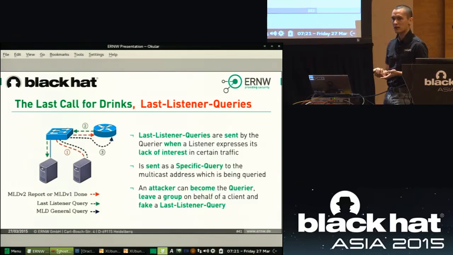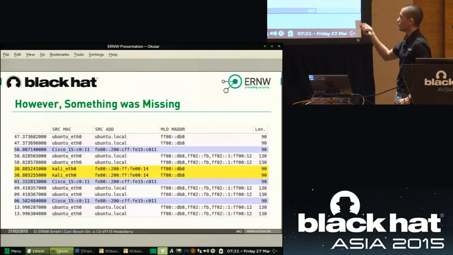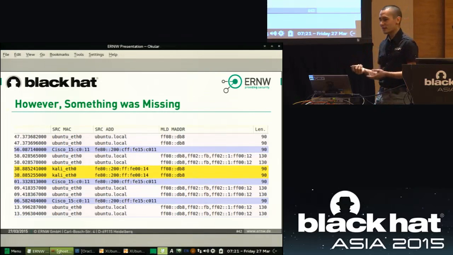So the router does that. What happened in our scenario is we weren't seeing this second query. The client said, okay, we don't want to receive this group anymore, and the router was expected to send the other query, the so-called last listener query, but it didn't send it. So we started wondering, and we found out that it was the switch blocking this kind of query, not the router who wasn't sending them.